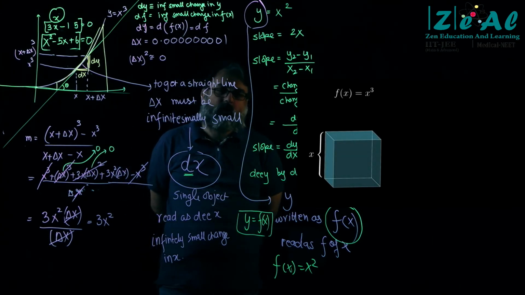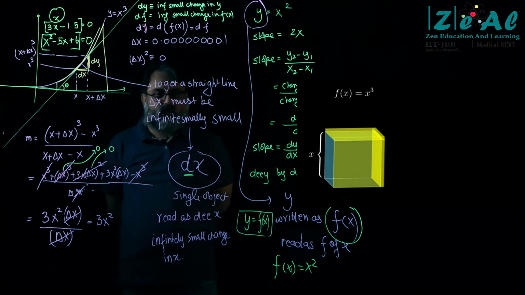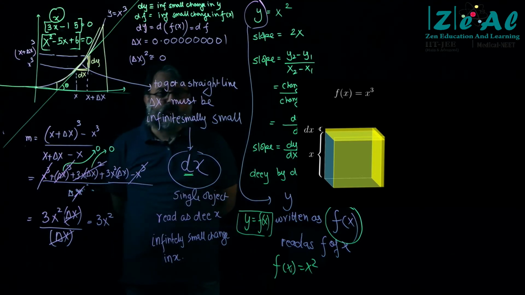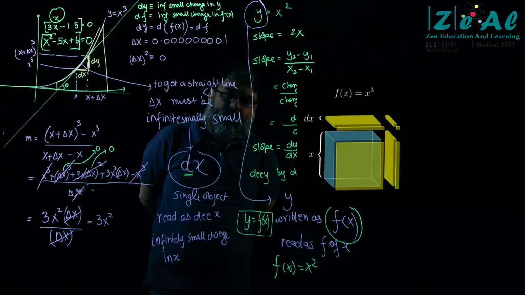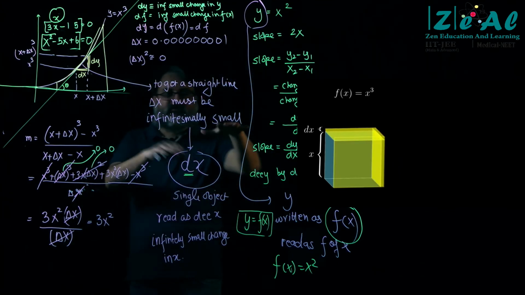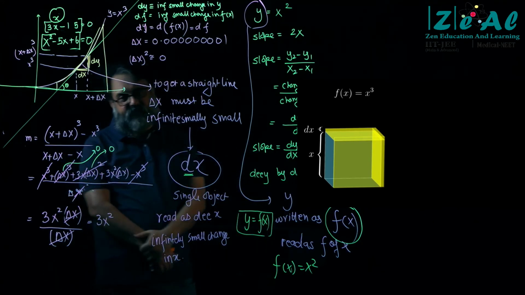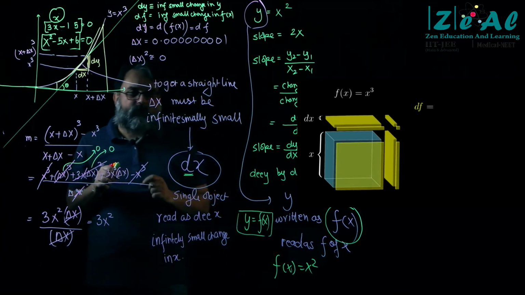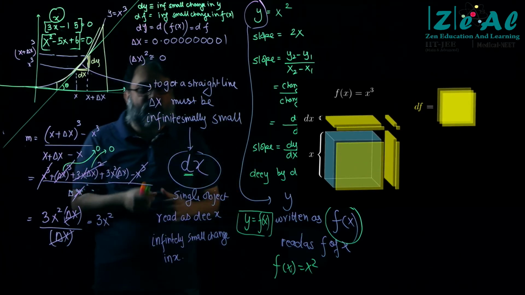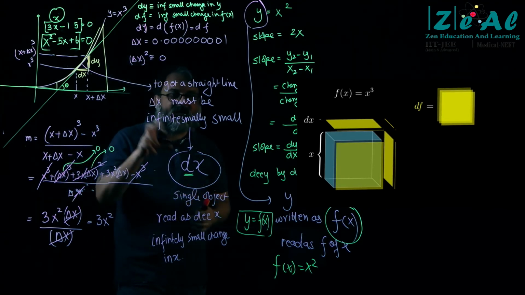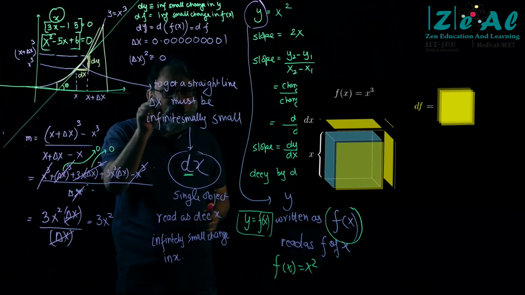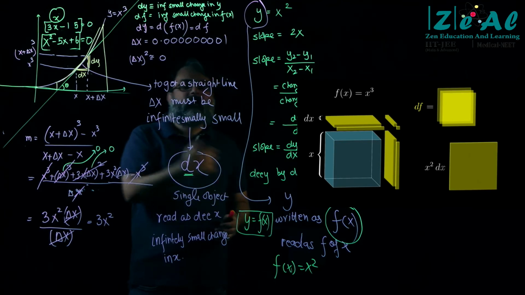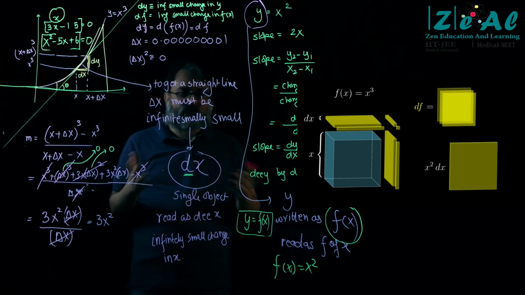So you have a cube of side x, right? And if you want to change the x value by a slight amount, you are changing the volume of the cube by these yellow objects that they have made, right? And when you make dx very, very small, you will find that, look, they have made it very, very small. So वो dot और line का जो area है, जो volume है, वो ये yellow sheets के volume से बिल्कुल negligible small हो गया, right?